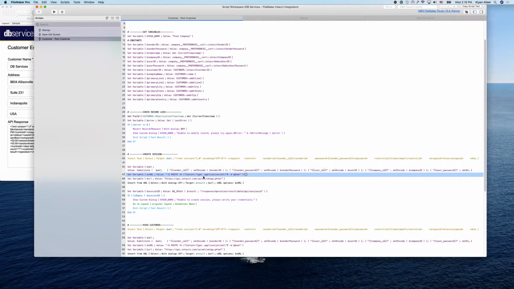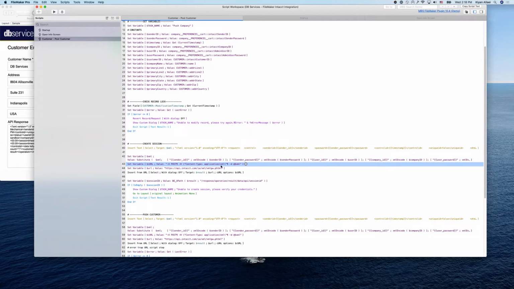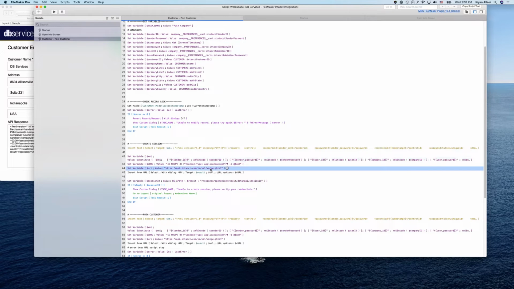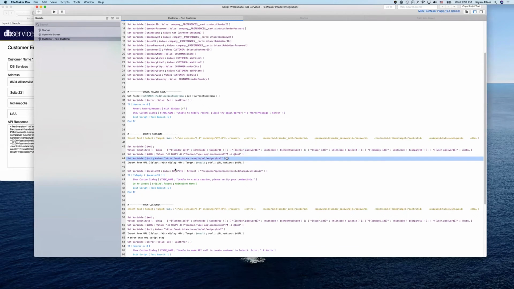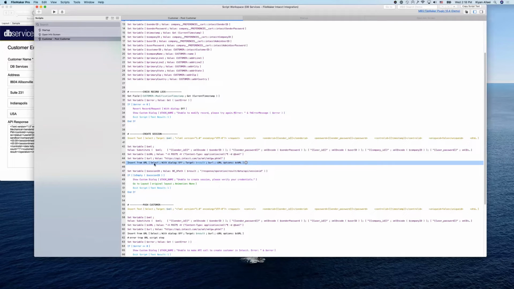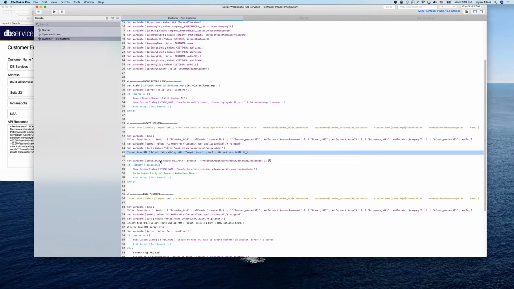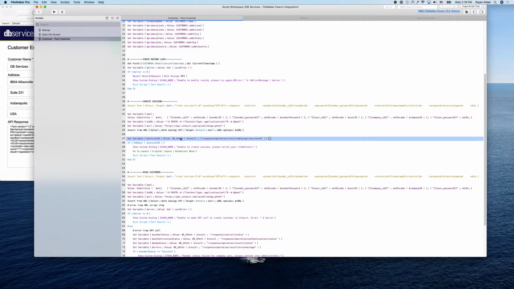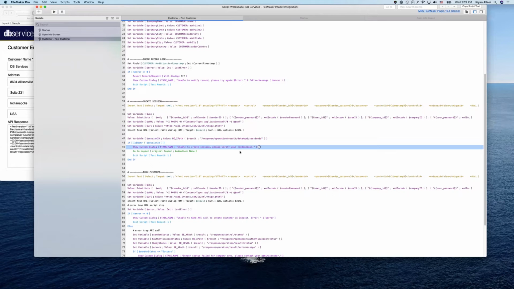Once that is ready, we then build our curl. This is a post, and of course, we're doing XML, and our body is essentially this XML that we inserted here and edited here. Then you've got the callback URL. This is also available on their website. And then we use the insert URL, and we want the response to go into this result variable right here. From there, we then grab the session ID, which we use the Base Elements function XPath to grab from the result variable. Now, if there is no session ID, we know there is an issue,